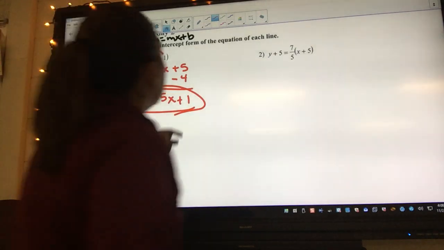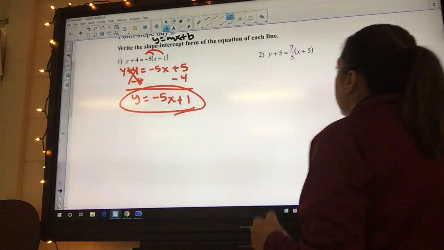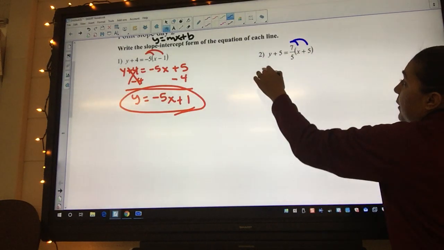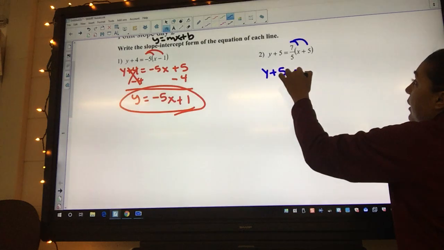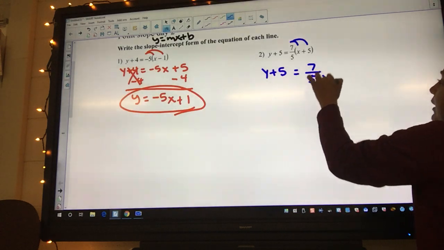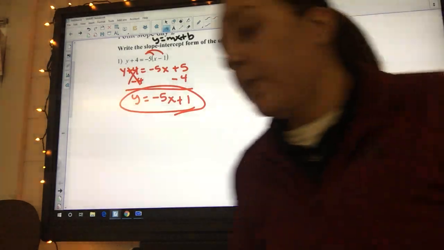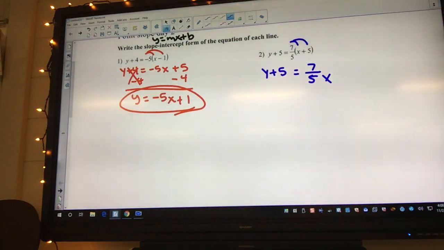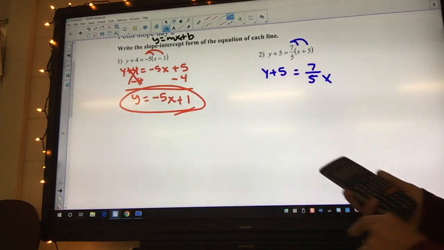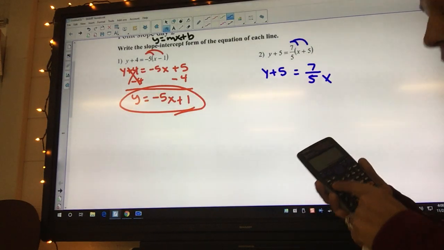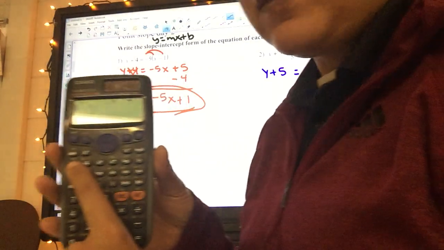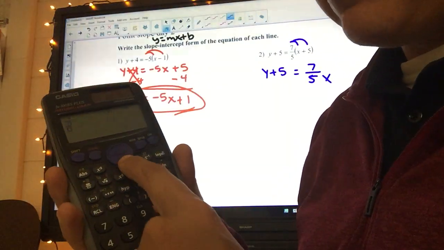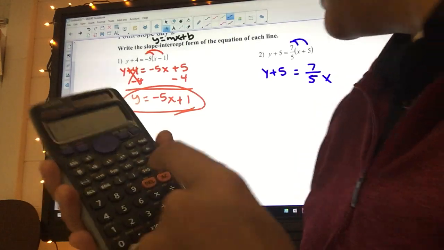Okay, and let's look at 2. So same thing. We need to distribute. This is in point slope form, and we want to get it in slope-intercept. So y plus 5 equals 7 over 5x. And you're going to need a calculator in order to multiply these fractions. So on that calculator, you're going to hit the fraction button, and it's 7 over 5, so 7, hit the down arrow, 5, times,